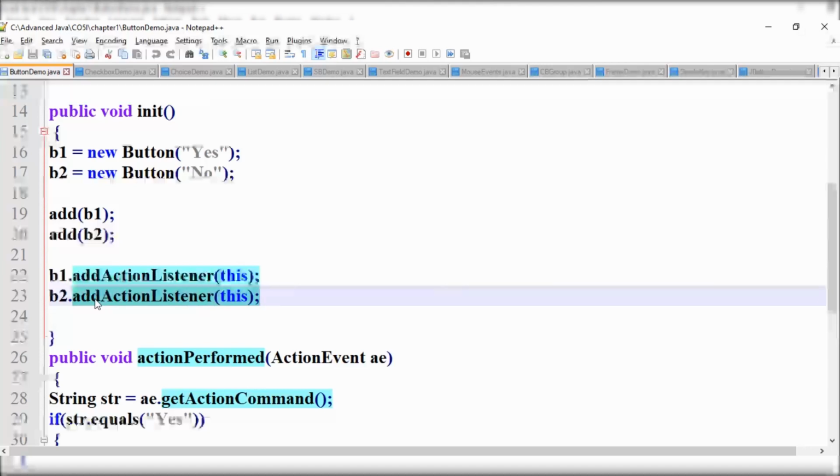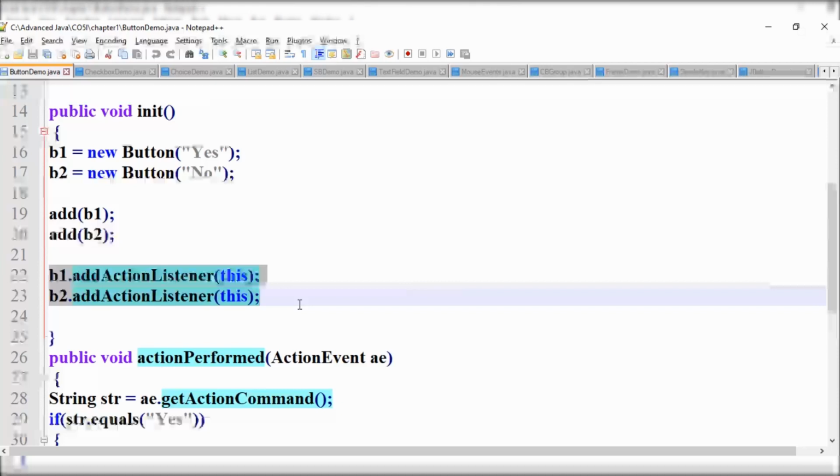So why do we register any event? We are informing that we are going to click on the two buttons, button B1 and button B2. We are registering events with these two buttons, informing through these two lines that we are going to click on them.